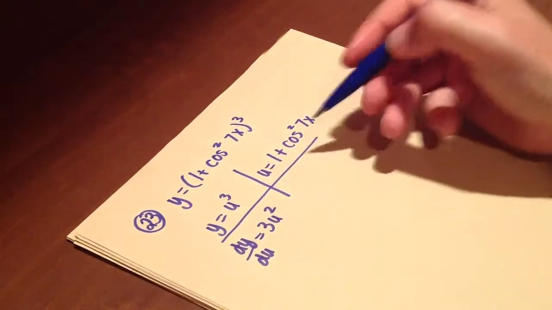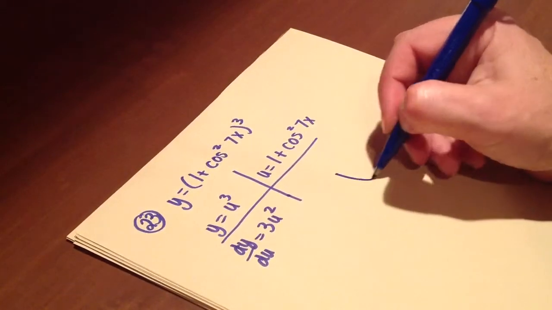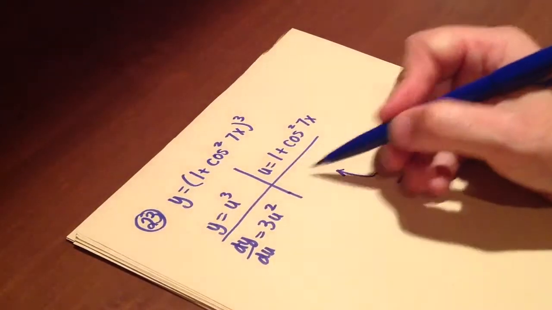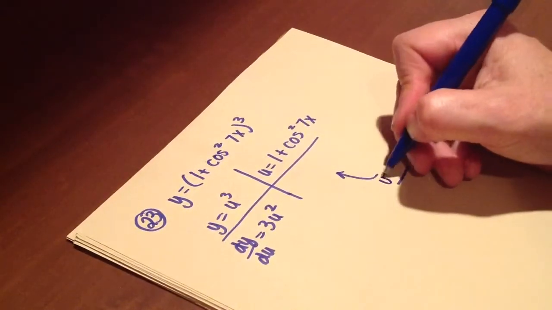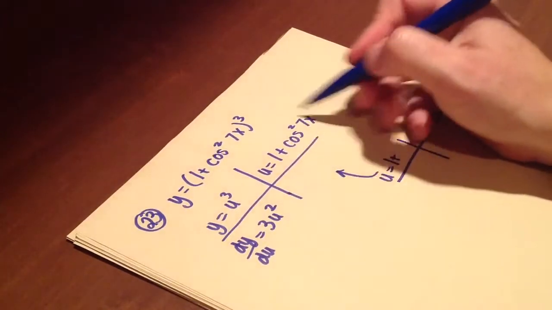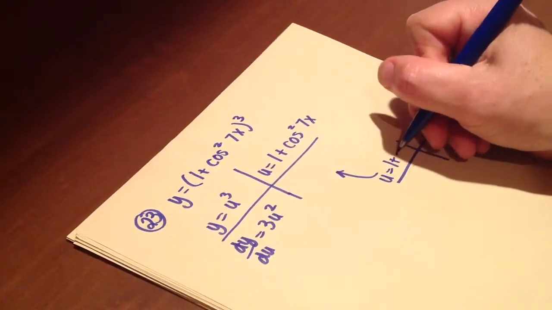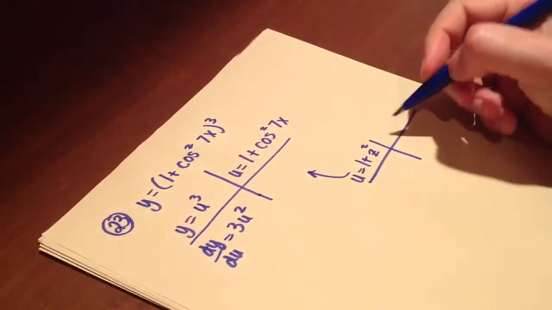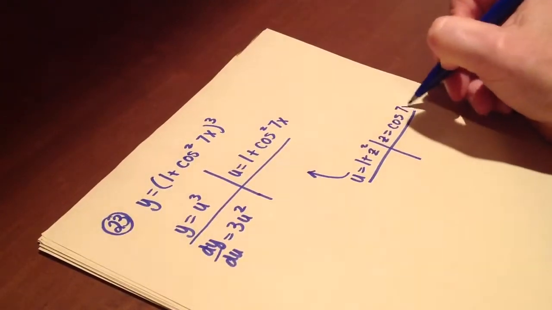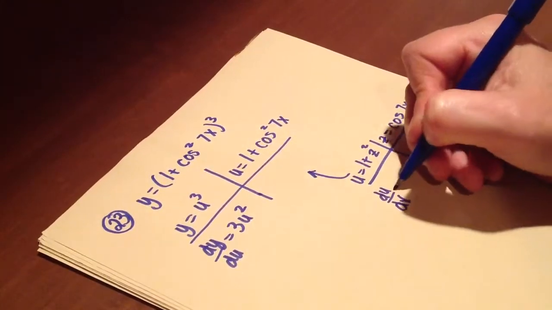All right, now this is going to require some work because this is a chain rule within a chain rule. So I'm going to point to here, and I'm going to say, okay, I'm going to do some more work. I'm going to do another chart before I plug in this answer. So I'm going to say u is equal to 1 plus, now cosine of 7x is the inside function, so I'm going to say z squared. And then I'm going to say, well, z is the cosine of 7x. Okay, so then I'm going to say that du dx is equal to